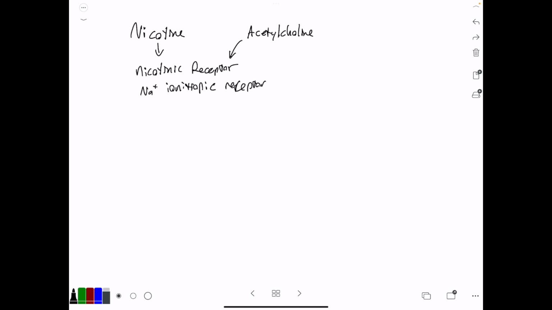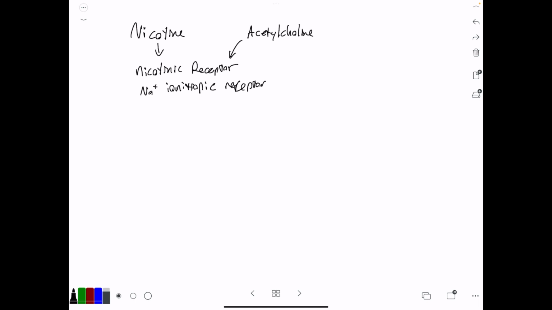And you might be asking yourself, why doesn't this cause a problem in our neuromuscular junctions when we smoke a cigarette? Because if that's the case, nicotine should be activating these receptors like crazy, and we would be having spasms, constantly contracting our muscles, and probably end up with something similar to what we see in tetanus, in which we have a constant contraction leading to paralysis. And that's because there's different forms of